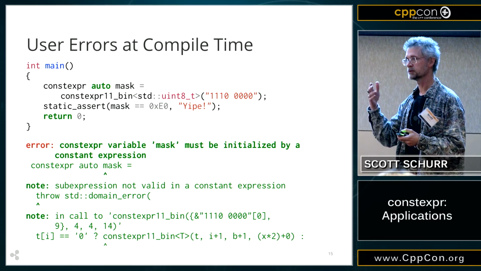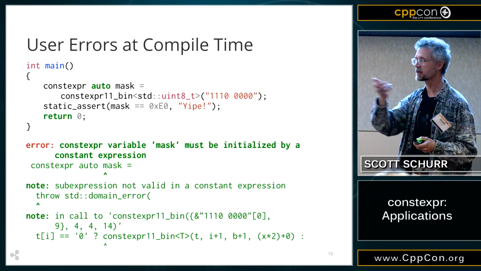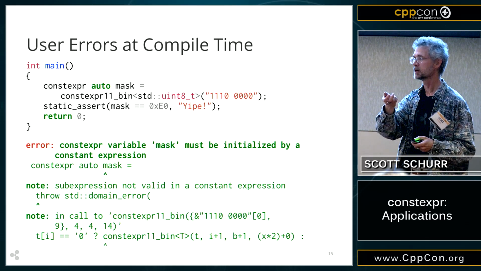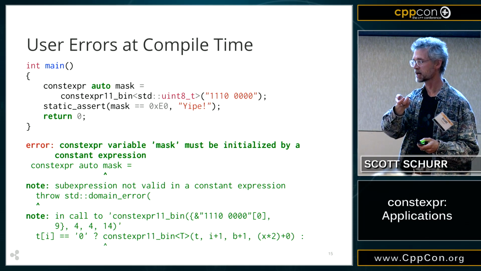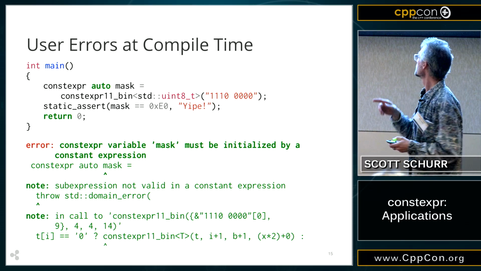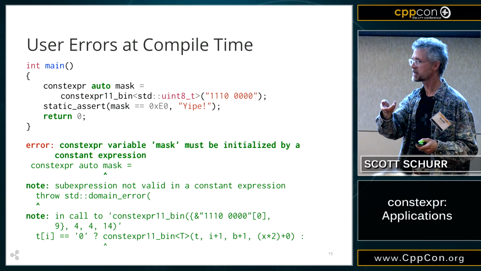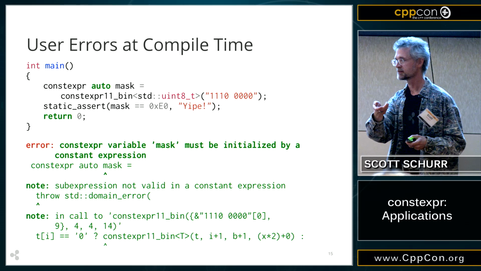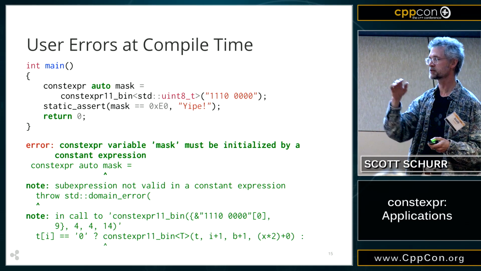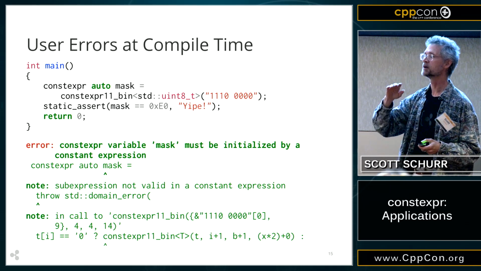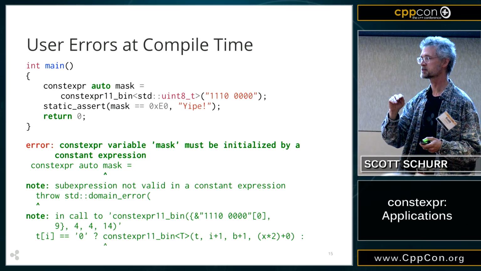So if you compute a runtime value and assign that to a const variable, it was still determined at runtime. And if it's determined at runtime, you can't do a static assert with it. Okay, so that's really the difference, is that if it's constexpr, the compiler knows what the value is.